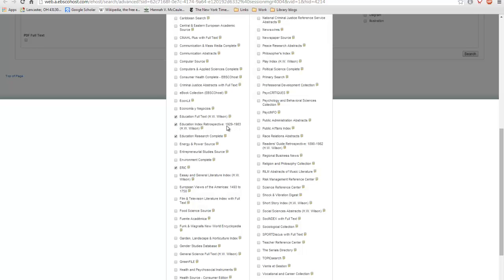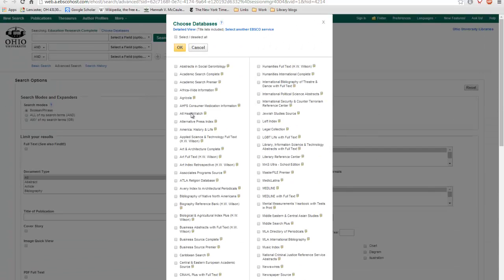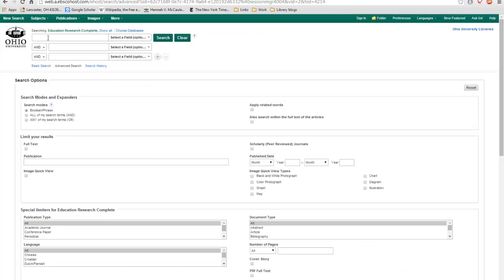This one here, it's from 1929 to 1983. It's good to look back. We're going to click on it anyway, but eventually in this tutorial we're going to learn how to limit it to get more current stuff. So it will kind of make this one obsolete, but we're going to do it anyway. We click on OK, and then we go up here, we do preschool or kindergarten,